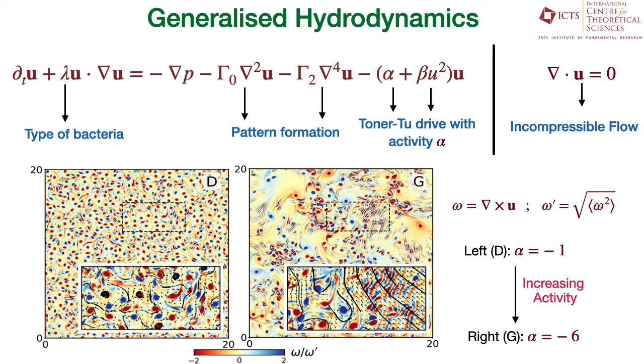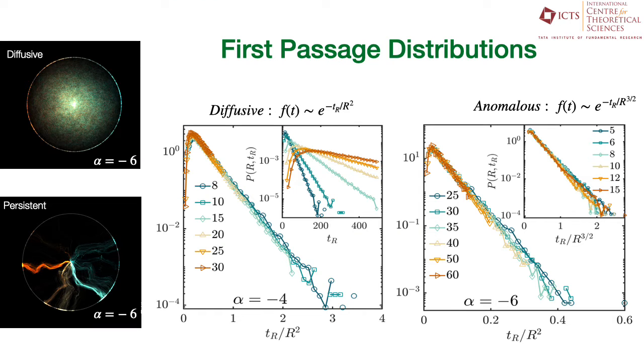The emergence of these streaks leads to rather persistent motion of fluid particles. This is clearly seen in the trajectories followed by these fluid elements. As you can see in the left black colored figures, the trajectories can be diffusive or they can be persistent if the fluid elements are lucky to be caught up in those streak regions. The persistent trajectories have longer straight line segments with a smaller number of turns as compared to the diffusive ones. And hence these trajectories starting from the center of the circle reach the circumference much faster as compared to